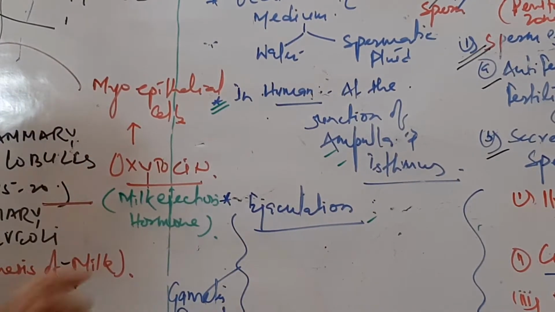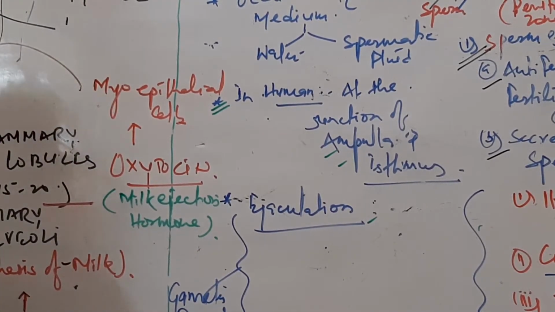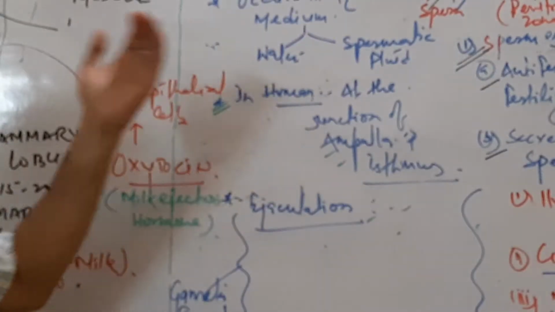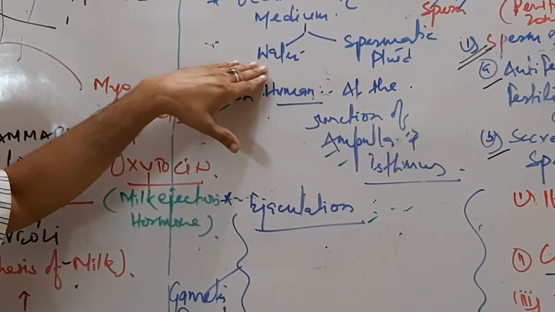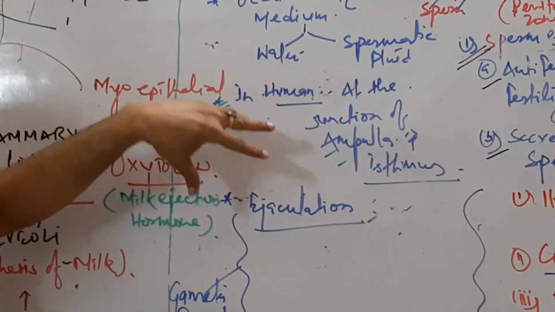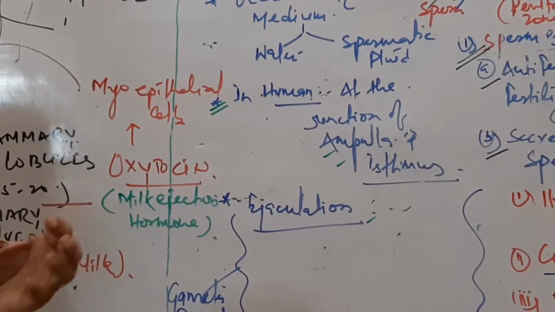Spermatic fluid is just a fluid which is secreted from the various glands present over the human genitalia, like seminal vesicles, Cowper's gland and prostate gland. This secretion is called semen, which contains